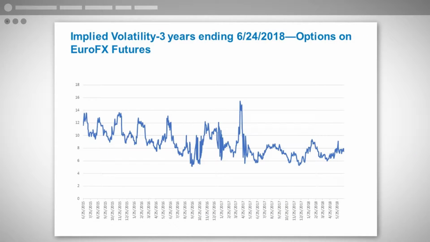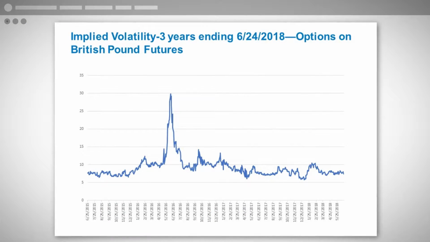And as you know, volatility is a very important component of options pricing. You can have the strategy right, but if you get volatility wrong, it's going to lead to suboptimal results, as I always say. The next chart here, same thing. It's just instead of Japanese yen, it's the Euro FX. So again, on the low side, about 5.5. On the high side, around 15–16%. And again, you can see the highs and the lows. There's some granularity there, but it's not really the truly deep dive that you want.